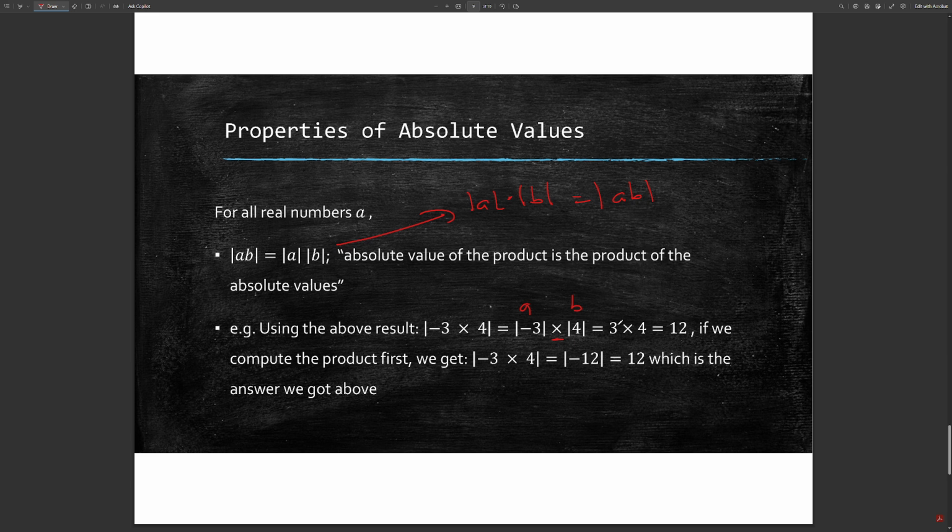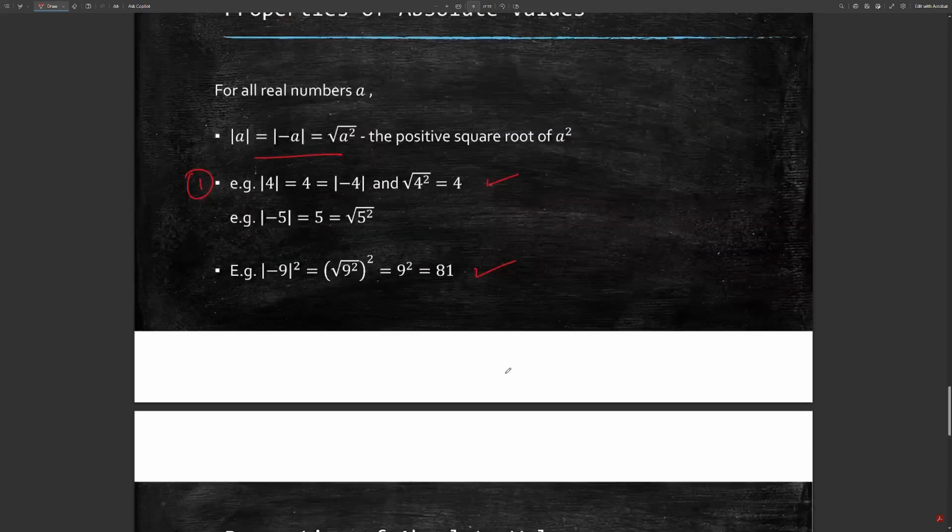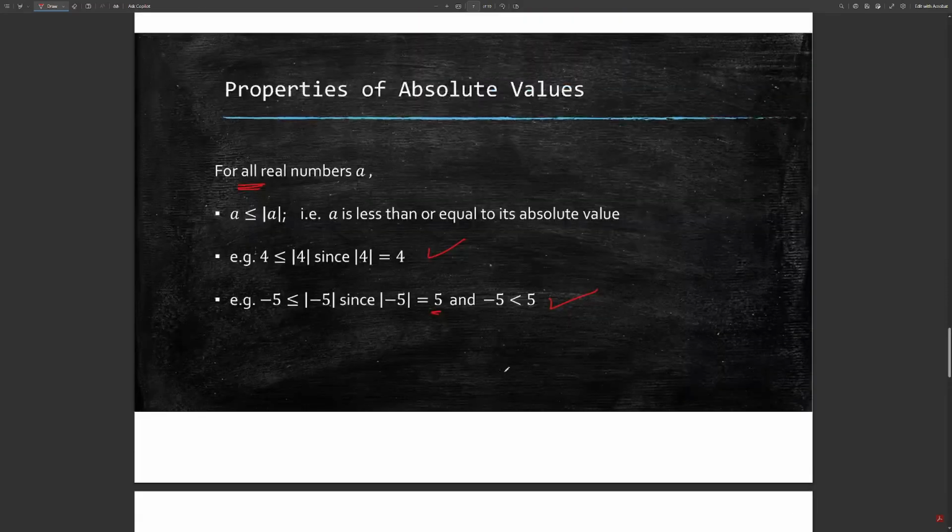So the modulus of negative 3 is 3. And the modulus of 4 is 4. So think about this as 3 multiplied by 4, which is 12. I just think about it like that. Now don't get confused with this working here and what we did previously